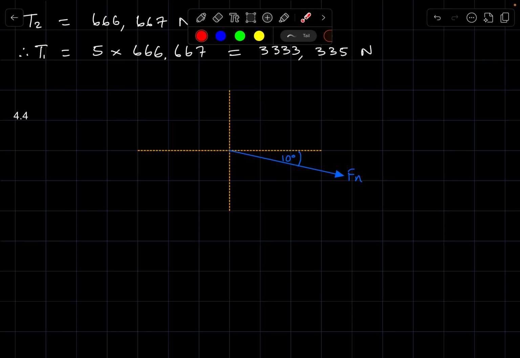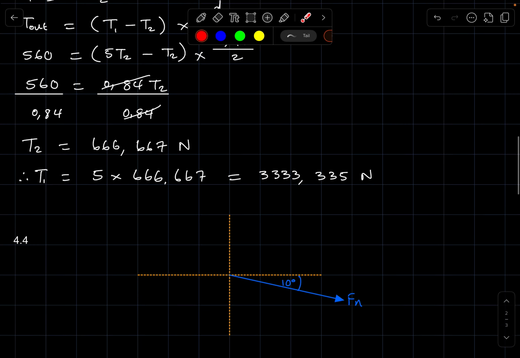Hence, in having to calculate the reactions at the bearings, you'd have to resolve this into its components so that you are able to apply conditions of equilibrium, right? But before resolving this into its components, let us look at